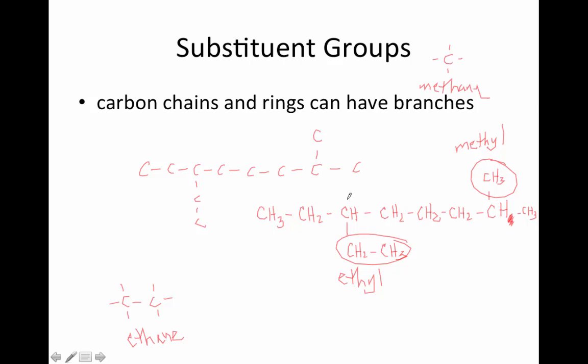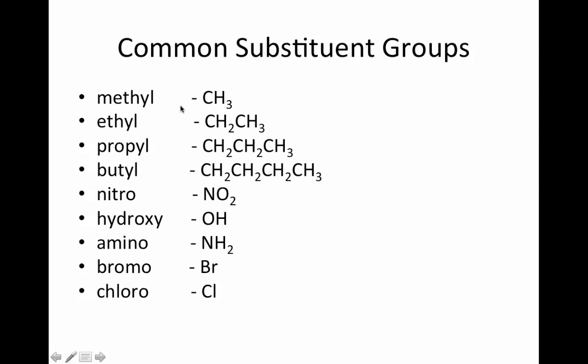These branches are of different types. A branch, again, could be different elements. For example, this is an amino group. NH2 is called an amino group. This is a bromo. This is bromine. So here are, on the next one, some common substituent groups. Methyl has 1 carbon, an ethyl group has 2 carbons, a propyl group has 3 carbons, a butyl group has 4, nitro is NO2, hydroxy OH, amino is NH2, and bromo is Br,